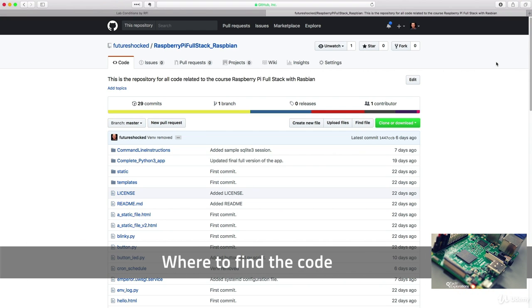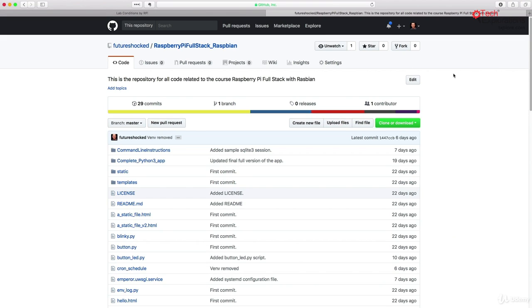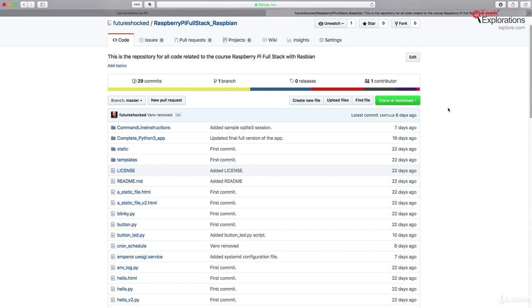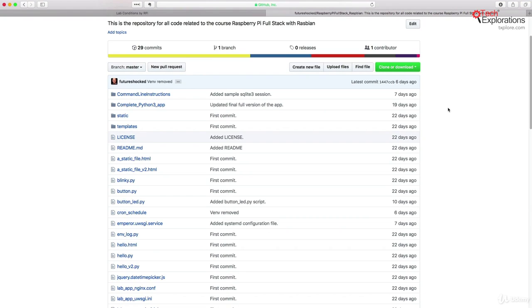This course has got a lot of code and a lot of instructions that you'll be typing on the command line, a lot of configuration files, and also a little hardware schematic as well. All the files that you'll need, all the schematics, all the Python scripts, all the SQL scripts, all of the code and the instructions that you have to type on the command line are all available here in this GitHub